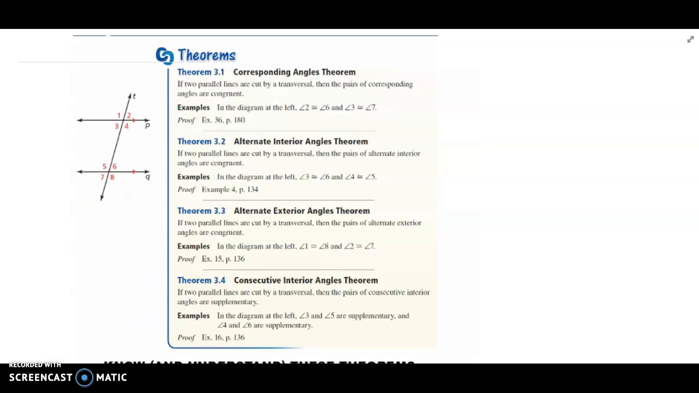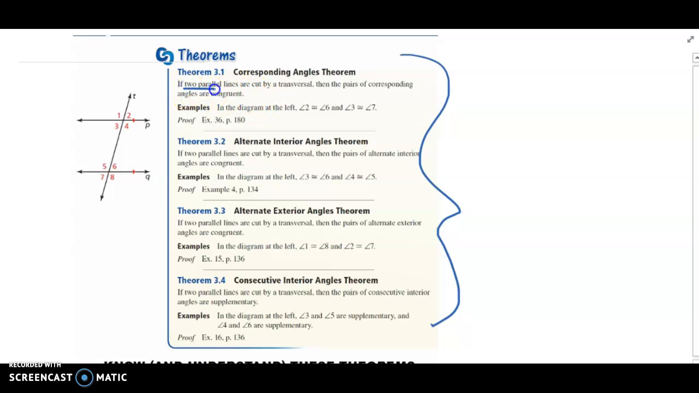All right, guys, so here are 4 theorems that we're really going to hit hard, and these are going to carry with us for this entire chapter. So we have the corresponding angles theorem, alternate interior angles theorem, alternate exterior angles theorem, and then the consecutive interior angles theorem. So notice all of these